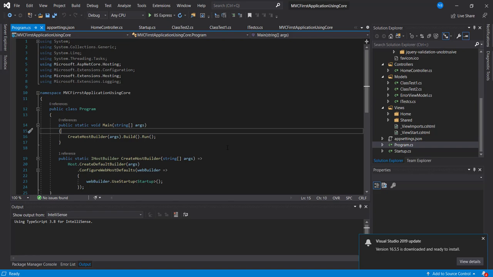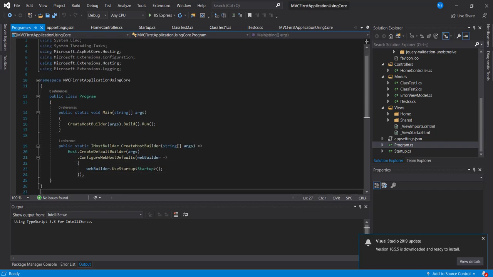Program.cs is the entry point to any web application, console application, or web API in .NET Core. Here we will be mentioning CreateHostBuilder, which will configure which kind of web host it is, or whether it is a console app, and it will create the application for you in IIS and host it. Also, you will mention on startup of the program which Startup file needs to be used, where we will be mentioning what the configurations are, what middlewares need to be used, and what services are needed for the functioning of this web application.